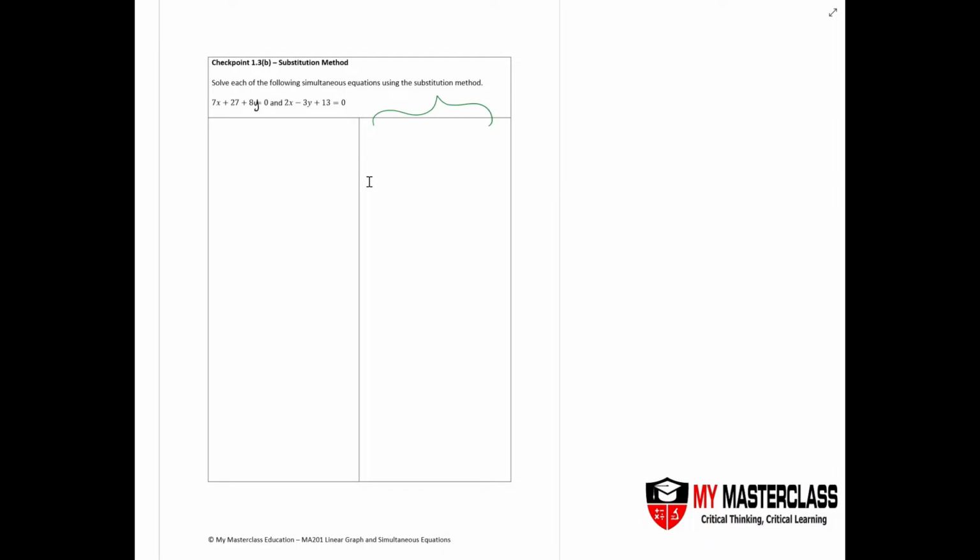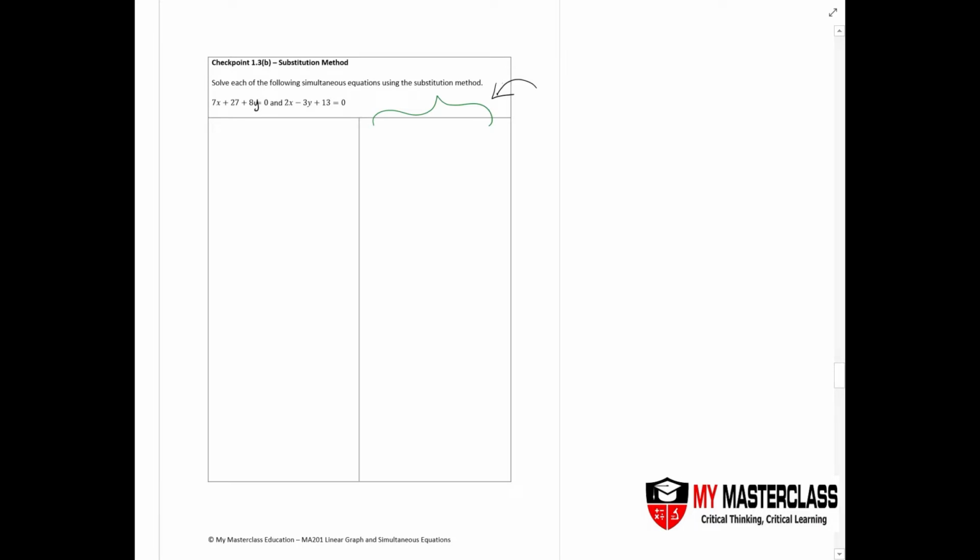Now in the chapter of linear graph and simultaneous equation, let's take a look at checkpoint 1.3 part B to actually look at the substitution method. In the right hand side column, this box is for you to write your different steps. Now we are looking at the left hand side problem, where I'm solving all the